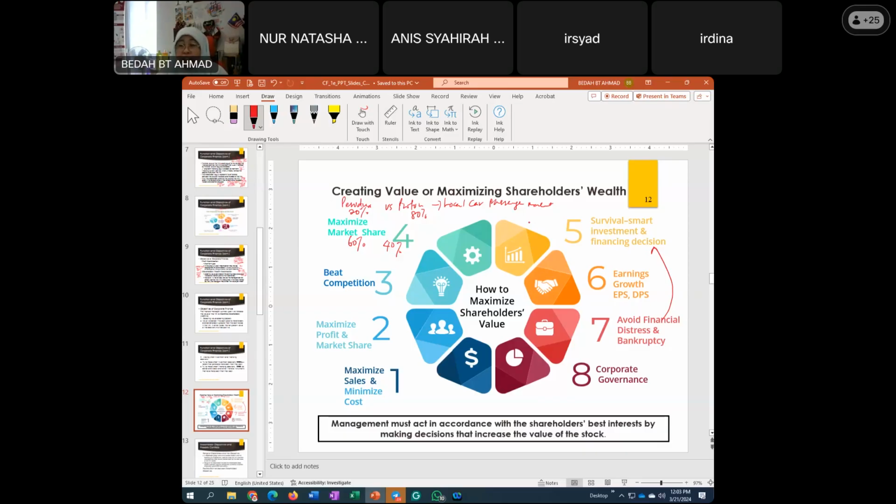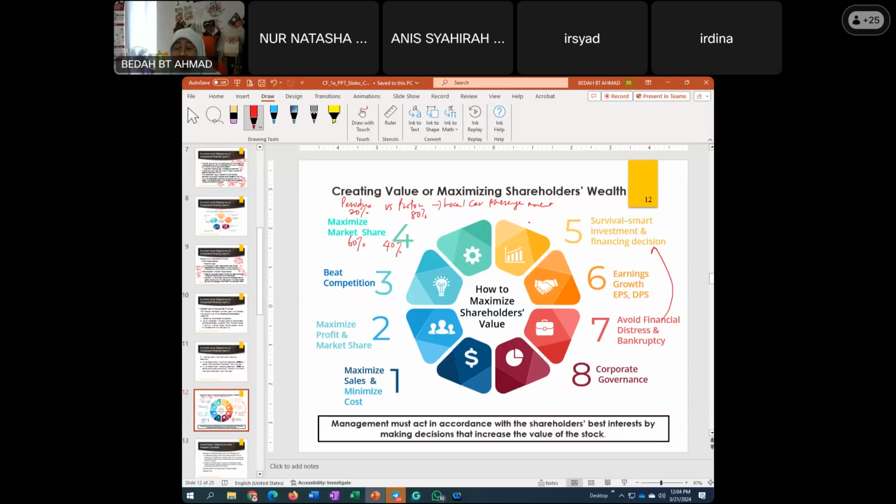Okay, last is corporate governance. Corporate governance means management and control. Make sure that the company has systems, rules, regulations, principles and procedures embedded in its operations, so that the operations of the company are in a systematic way and efficiently managed. Good corporate governance is very important to avoid misappropriation of assets, bribes, corruption, and wastage of resources as well.